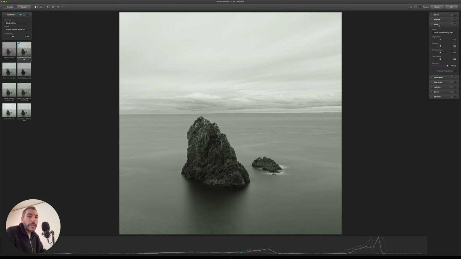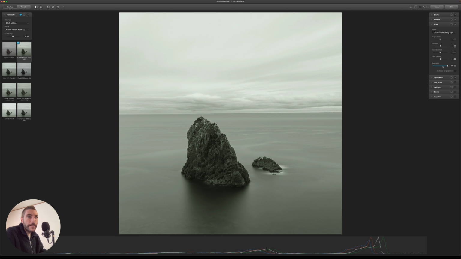Moving on to the print tab here, and in this tab you can do a lot of different tweaks to your image. I'm not going to go too much in detail into this one as well, but the main thing that I want to talk about is the green cast I mentioned for this particular image.